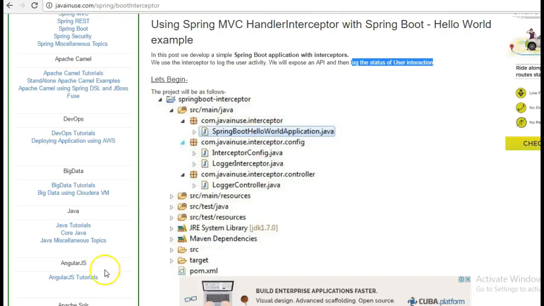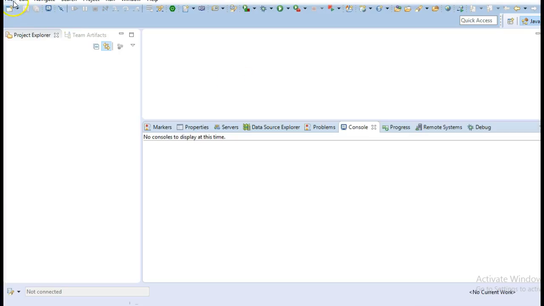So let's begin with the implementation. Go to Eclipse and create a new Maven project.